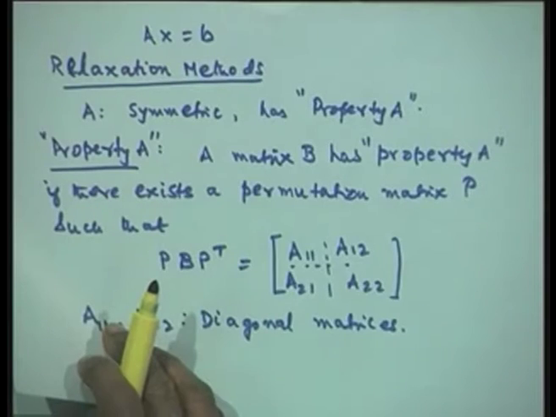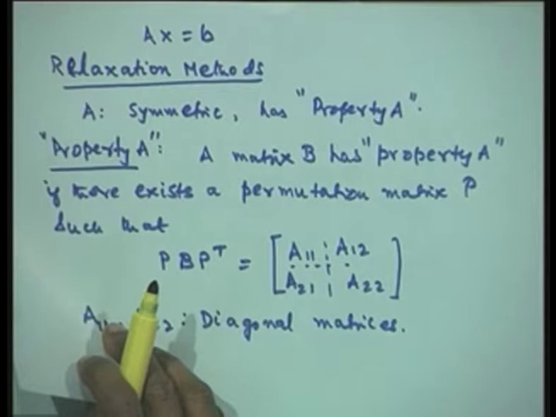In fact, this was done because we will see that the method requires finding the optimal value of a relaxation parameter which gives the fastest convergence for the given method. So, that is why they needed this particular formulation to analyze the methods. However, today, now that so much work has been done, they know in which range these relaxation values normally lie. Therefore, without checking whether the matrix has property A or not, even though it is symmetric, we use the relaxation methods.